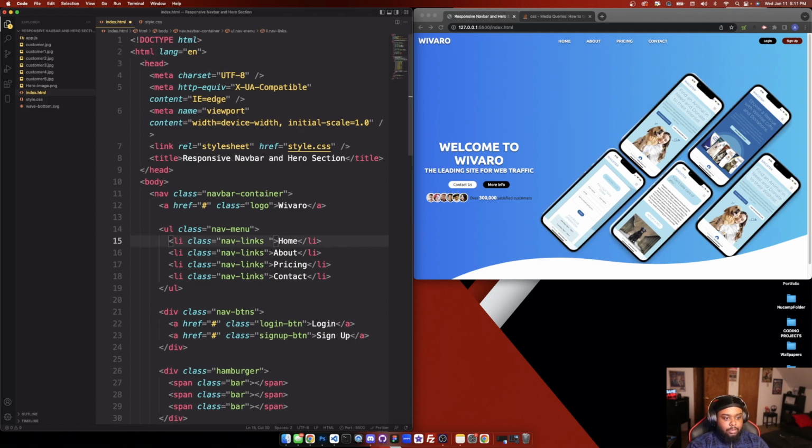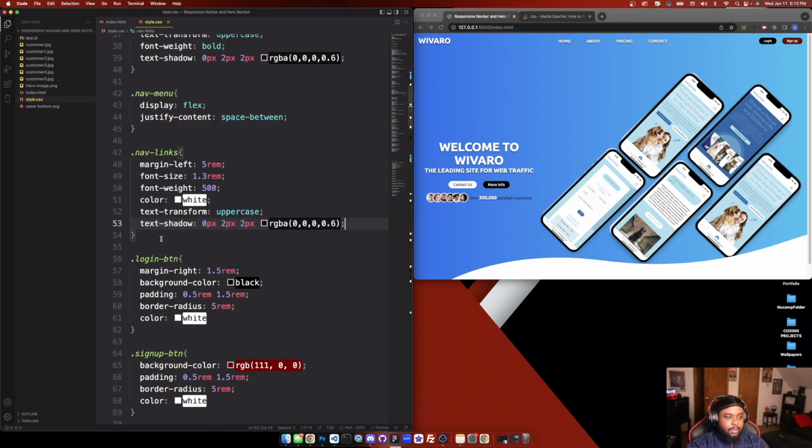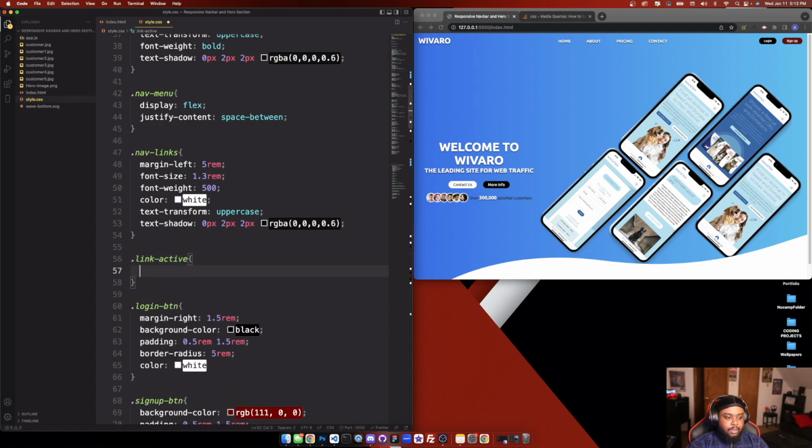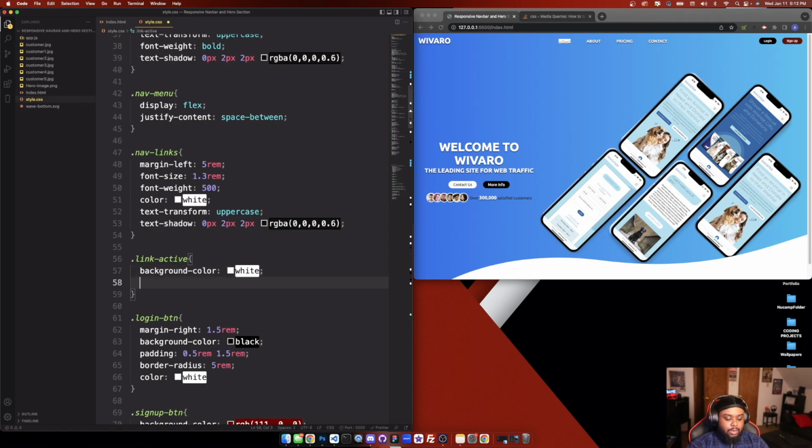So I'm gonna do link dash active. Save that. Link dash active. Let's do the background color. Maybe white, and then just change the text to black. So, white. And then color black. And then